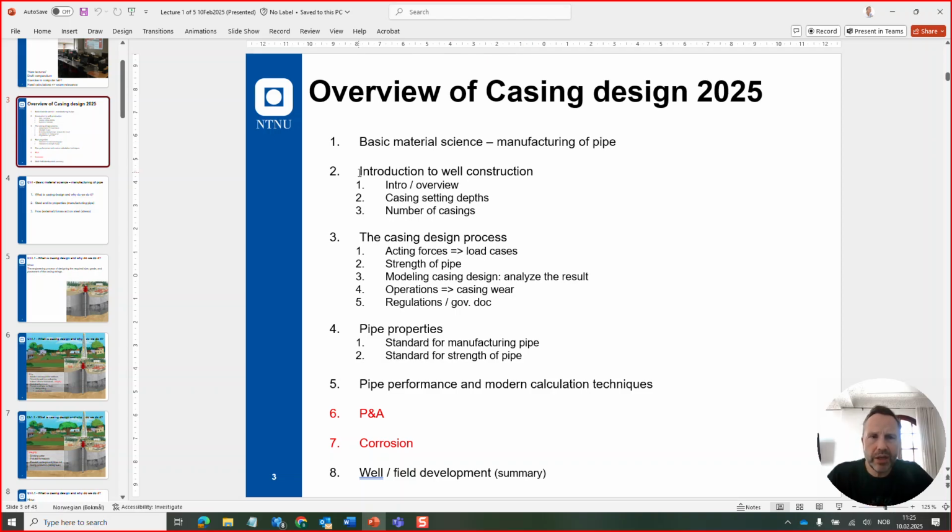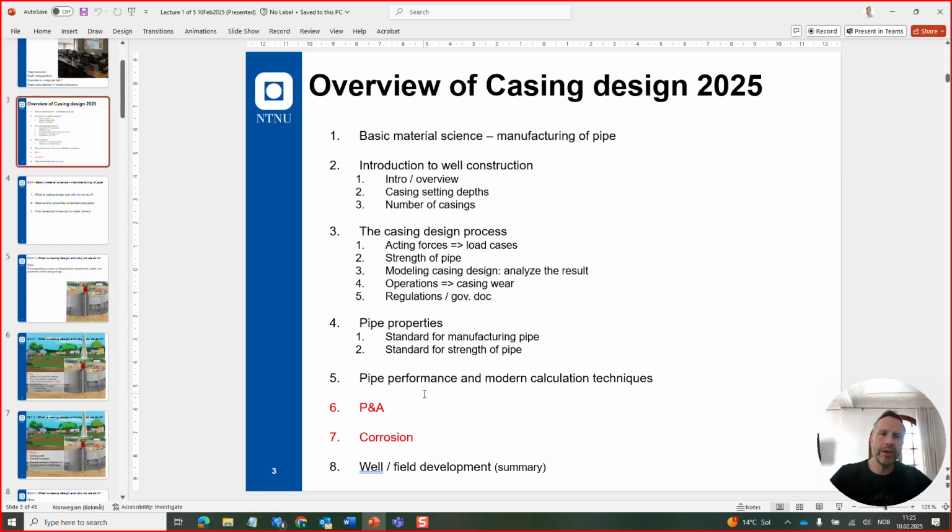The next class will be an introduction to the well construction process and talking about the casing setting depths and so on, casing design process, pipe properties and the manufacturing, of course, like just mentioned, pipe performance and modern calculation